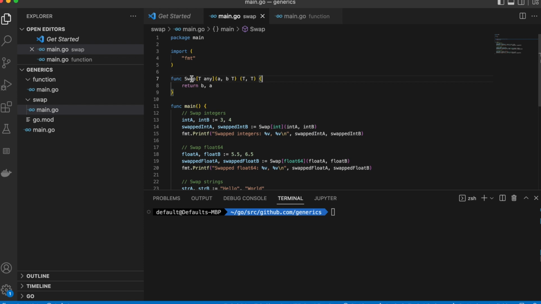Here is an example of a function called swap. You may want to swap a couple of variables, but those variables can be of type int, string, float, anything. For each of them you may have to write a different swap function. That is essentially redundant code, where you have to write extra code for doing the same